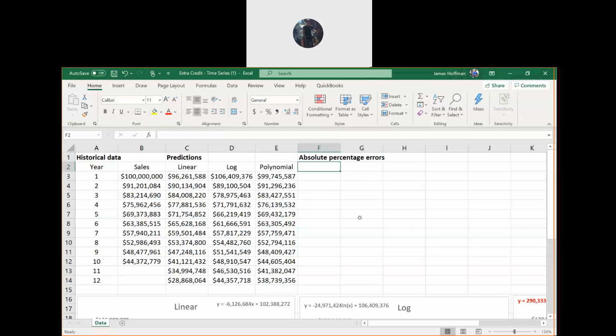Let's call this one linear. Show the log. Okay, great.